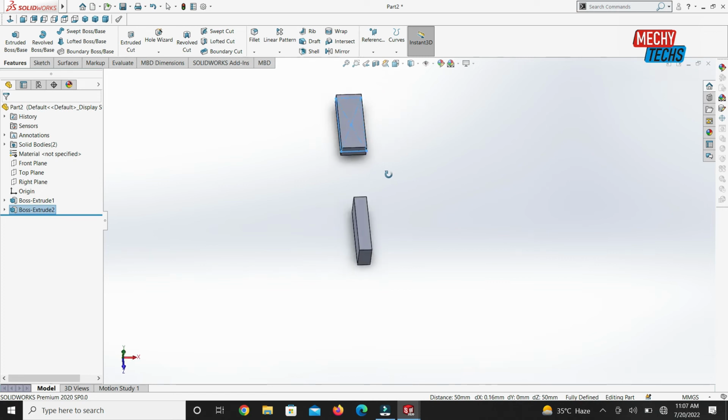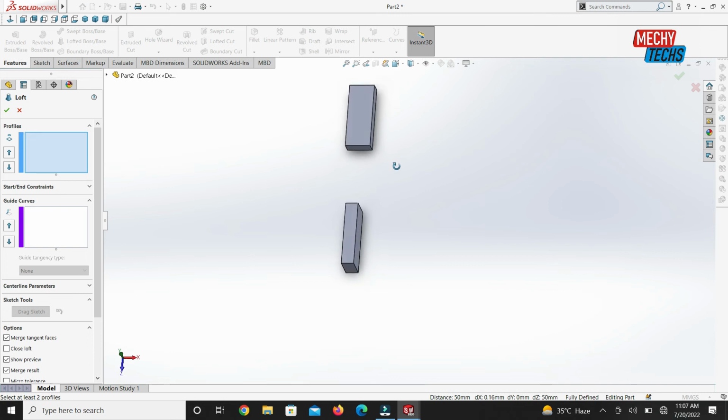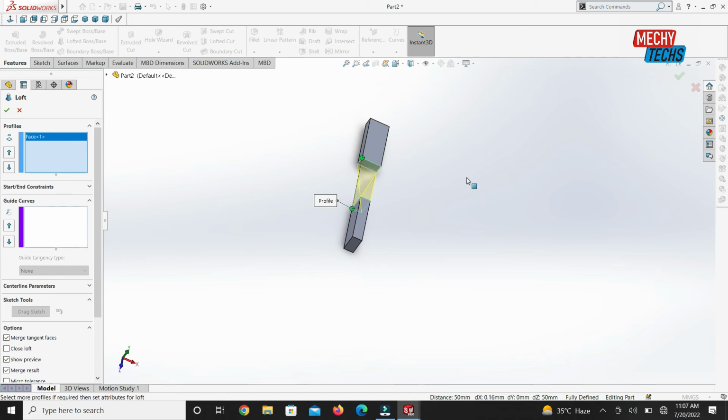Now the twist part. For the twist part we will select the loft, and we'll select these two surfaces facing each other. This one and this one. We see the twist is